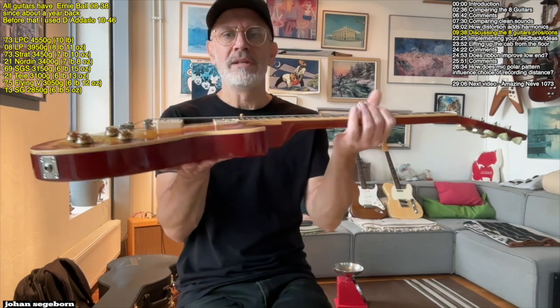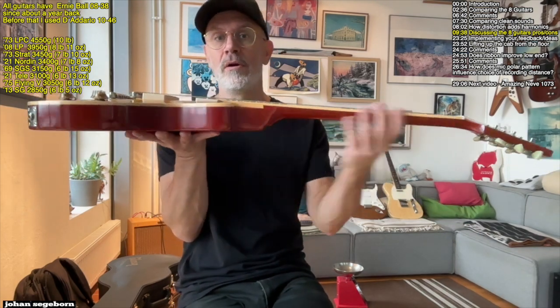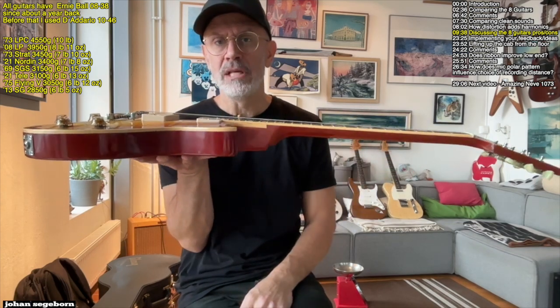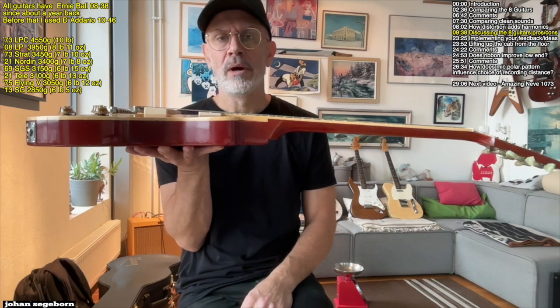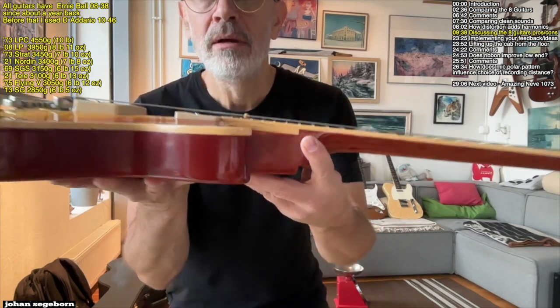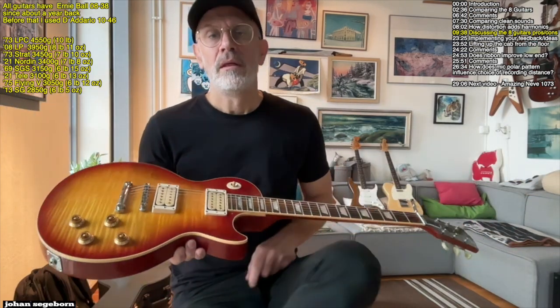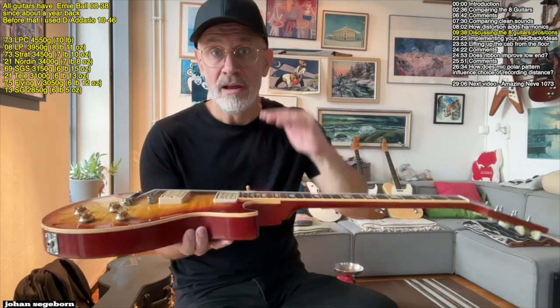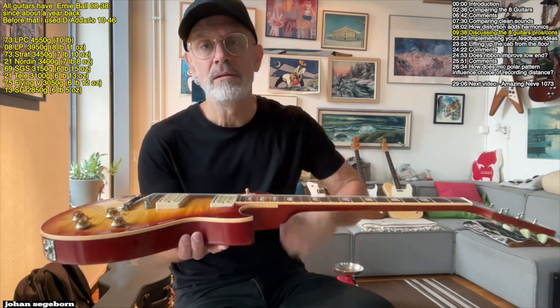Now let's have a look at some more things here. It has the typical R9 or 1959 neck. So it's not quite the baseball bat, but it's quite thick, so really comfortable. You can see on all guitars I'm using quite a low action, and also this one. That is of course a trade-off, because when you pick the notes they hit the fretboard. If I would raise them a bit, it would probably produce a better tone, but so far this is what